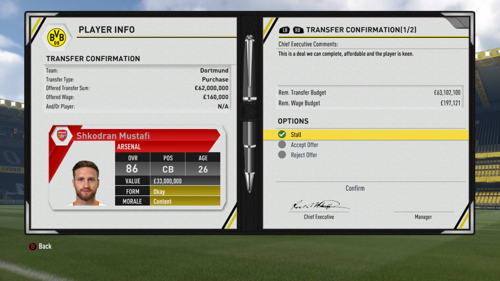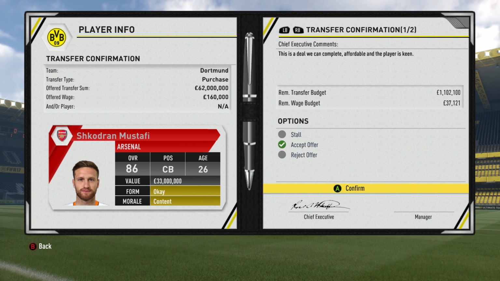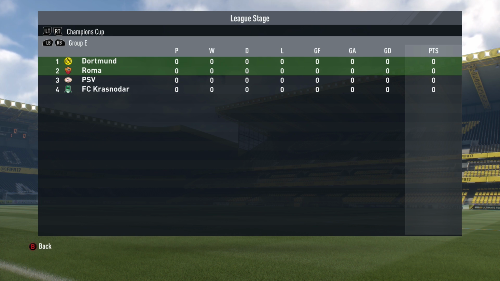He was great when we rebuilt Arsenal. 86 rated right now in Season 3. We're going to bring him in, and he's going to be my only signing this season. So for this season's Champions League, this is our group. Roma, PSV, and Krasnodar. So I am confident, considering our ambitions, that we will do well in the group and